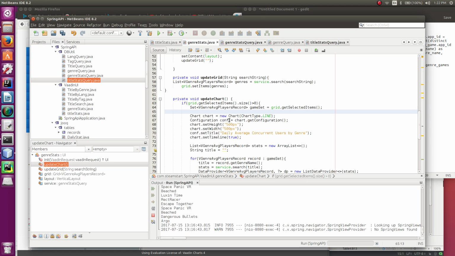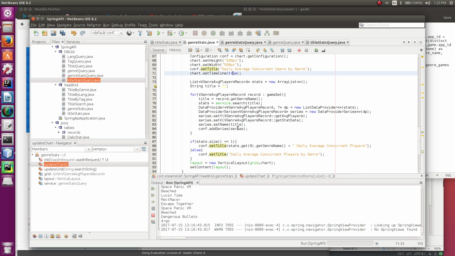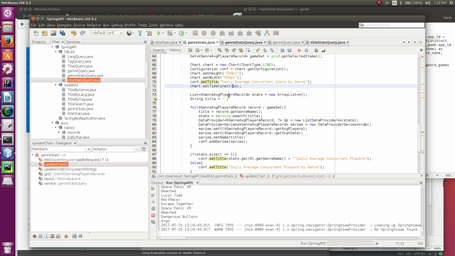So this tells it it's a line chart. This creates an object from the chart configuration. And then I set the title of the chart here, the size of the chart here. I tell Vaadin that this is a time series chart here. I create an empty array list of that view's records. And then up here, I created a set of those records by pulling in the selected items from the grid. I iterate through those. I assign the genre name as title. I assign this array list as the search results, the list that is returned by the search results, and